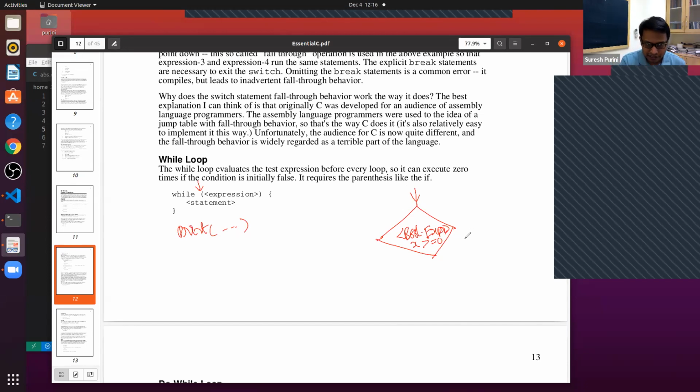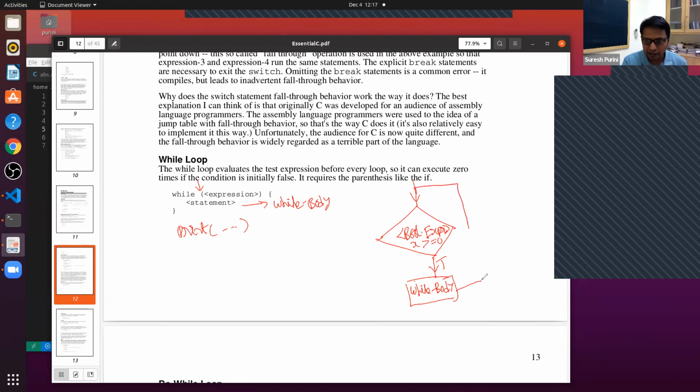If this expression is true, then whatever is present in the body of the while loop gets executed.